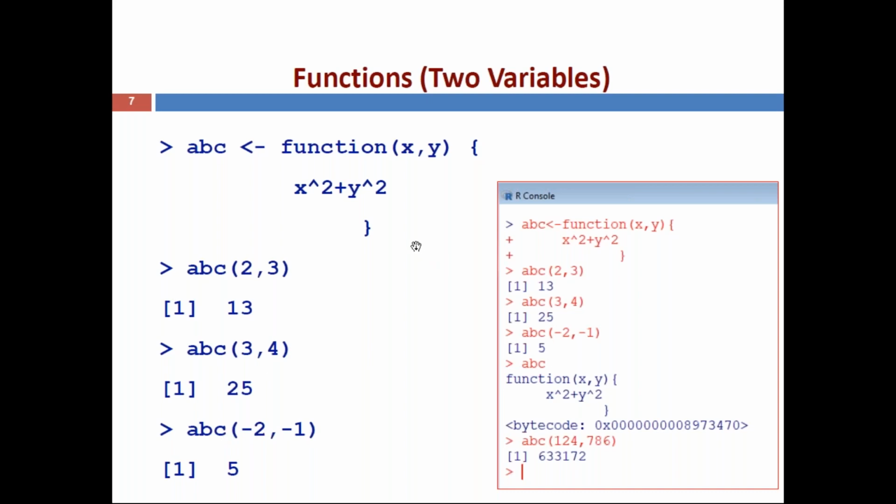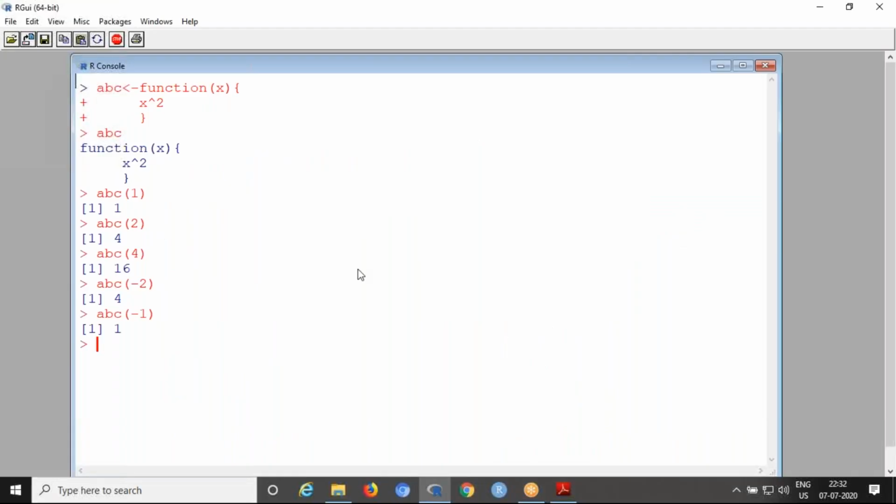Now you can execute this command also. So now we are creating another function, ABC equal to function of x comma y, with two arguments. Then open the function body with open braces. Then the command is here x power 2 plus y power 2. With x and y combination, any command you can type, that is not an issue. So then close the function body. Now the function is created.